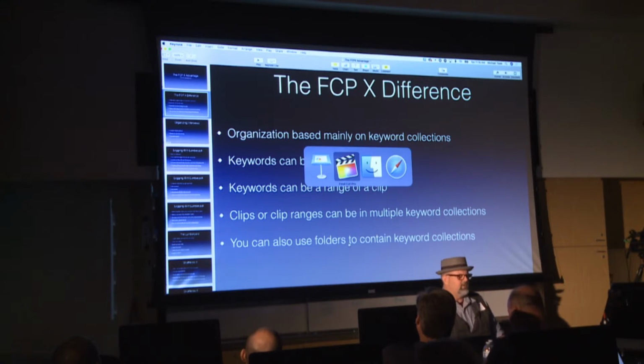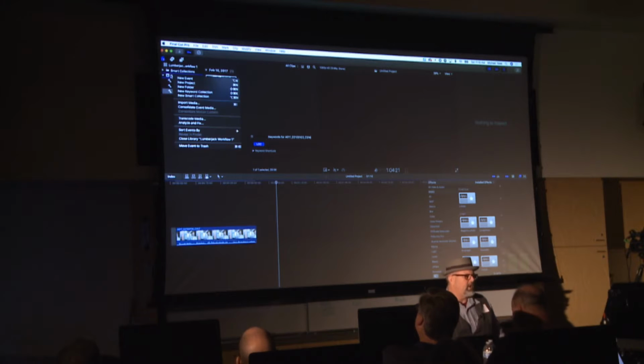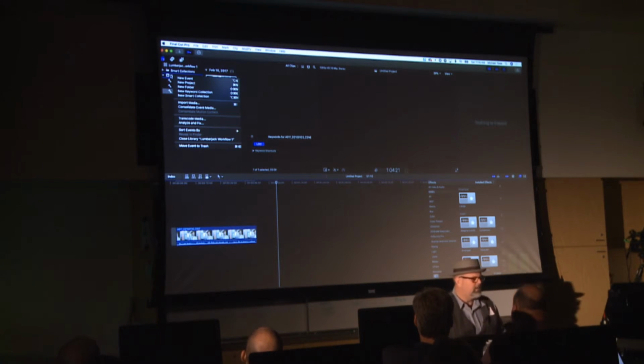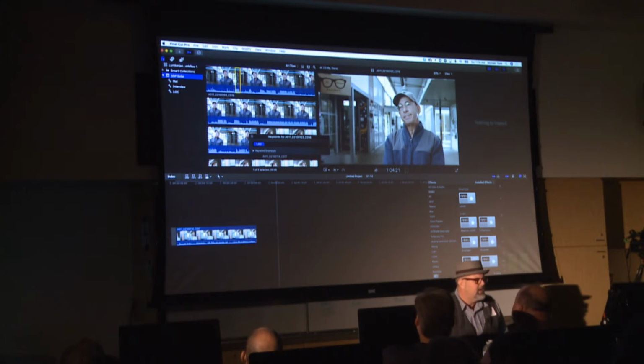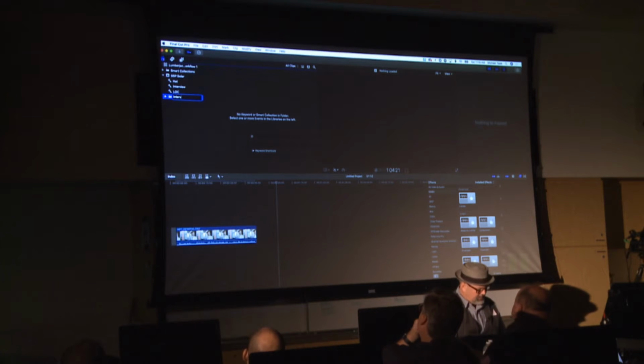You can also use folders within Final Cut. So I can create a folder, and I do this a lot if I have interviews and B-roll. I will create a folder for the interviews, and I'll create a folder for the B-roll. So what I'm doing here is I'm going up to the event. The event is the top level, well, second level down in organization. You have a library, then you have an event. I'm going to right-click on the event, and I'm going to say New Folder, and I'll just call this folder